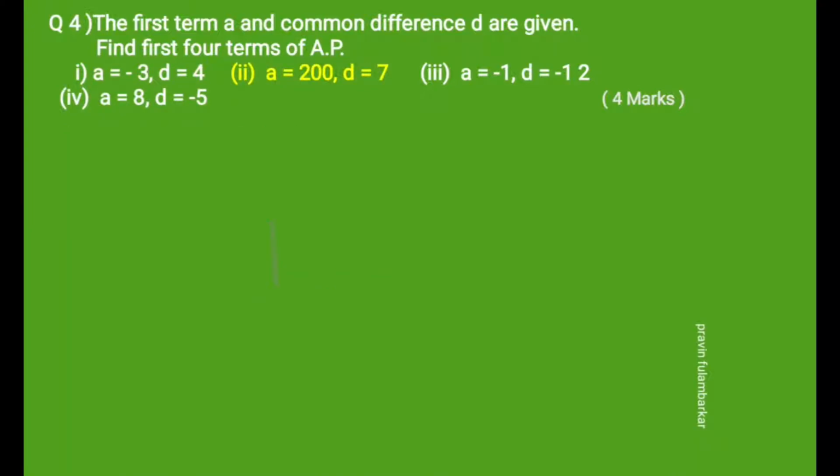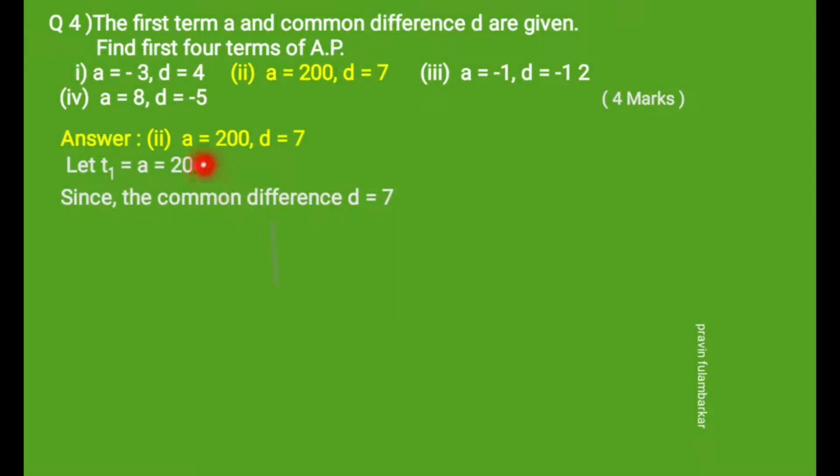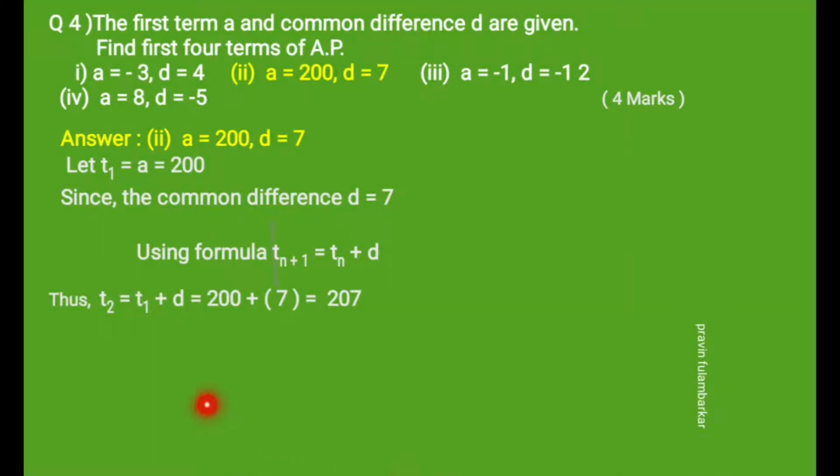Now see sub question second. Here a equals 200, d equals 7. So we write t1 equals a equals 200 and common difference d equals 7. So by using the formula tn plus 1 equals tn plus d, first we find t2. So t2 equals t1 plus d. Value of t1, that is a, which is equal to 200, d is 7, so we get second term as